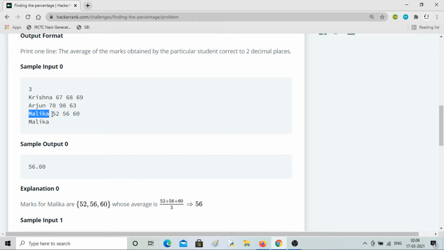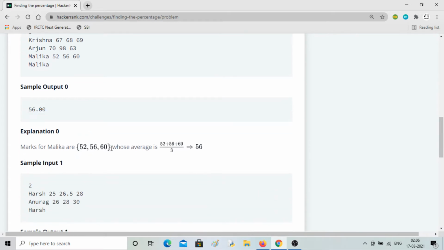So inside Malika's key, we have to take these 3 values, 52, 56, 60, and find the average of it up to 2 decimal places, and print that only, nothing else. The explanation is given: 52, 56, 60, average 56.